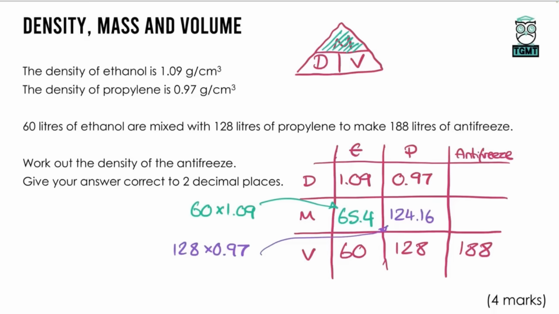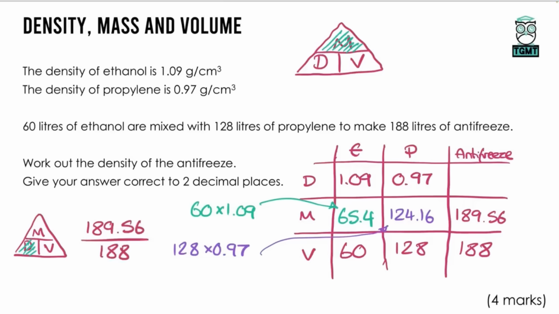124.16. Now we can add the masses together. If they're being combined, then their overall mass is just adding them together. So our total mass is 189.56. And then again, looking at our density formula, density is equal to mass divided by volume. So to find the density, we'll do the mass divided by the volume, and that's going to finish this off, which is 189.56 divided by the 188. We'll just type that in on the calculator, and that gives us a final answer here, which comes out as